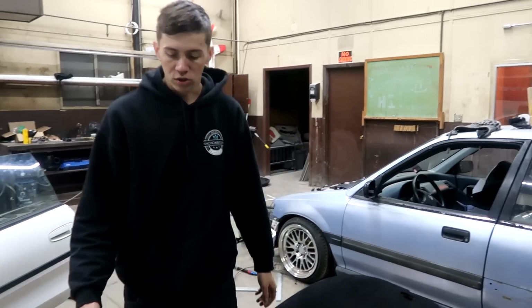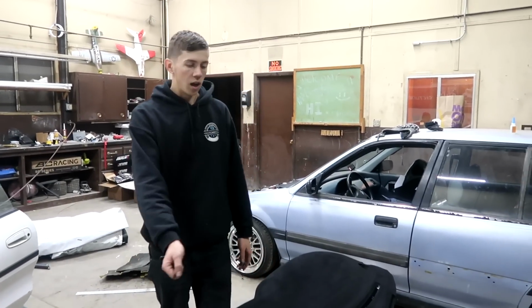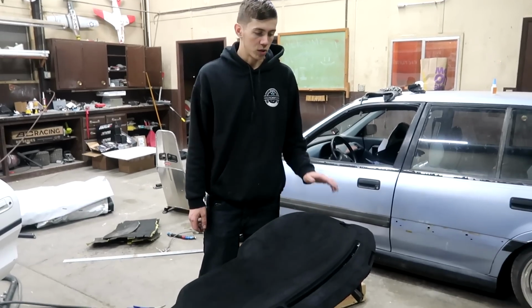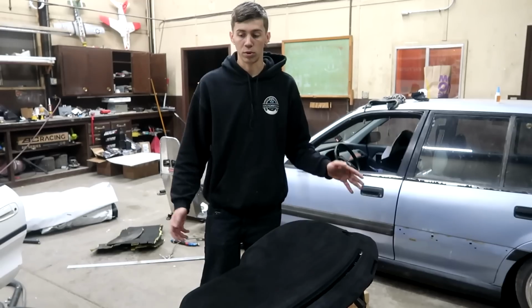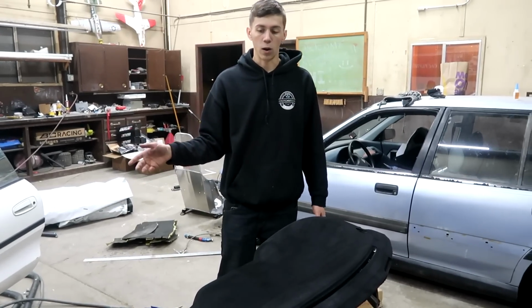All right, so the dash has been drying for nearly 24 hours now. We just took the air blower and we lightly blew off all the excess suede fibers that didn't stick. And we're still not gonna try to touch it too much because it is still a little wet, but it is pretty set up. But we're gonna go ahead and put it back in the car because now we're just waiting on the dash to dry,